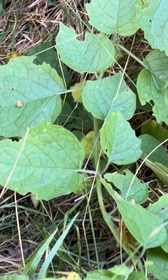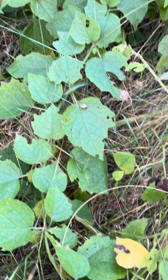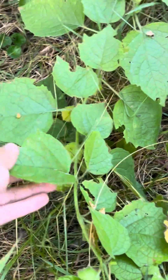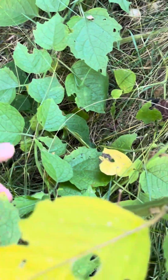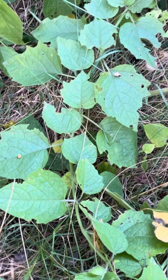But yeah, that's Physalis heterophylla. Wonderful native plant. Wonderful native species of ground cherry. Very, very fuzzy. Grows very far north compared to the other fuzzy species of ground cherry. Super beautiful, super interesting, and yeah,